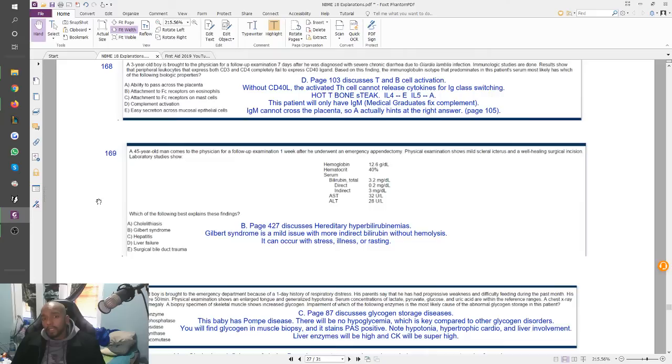If your indirect bilirubin is not becoming direct bilirubin, there's only one of two real possible reasons. Either because you don't have the enzyme that does the conjugation, or you have some kind of inherent hemolysis, which is really making a lot of indirect bilirubin. Remember that bilirubin comes from heme. Heme becomes bilirubin, and if you have hemolysis, you have a lot of heme, so you're going to have a lot of indirect bilirubin.